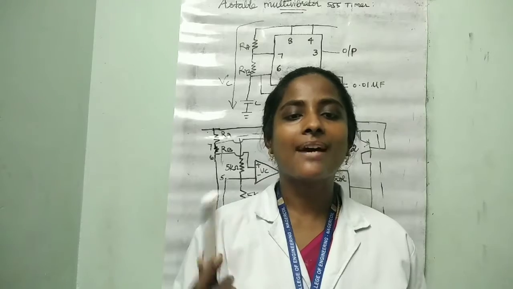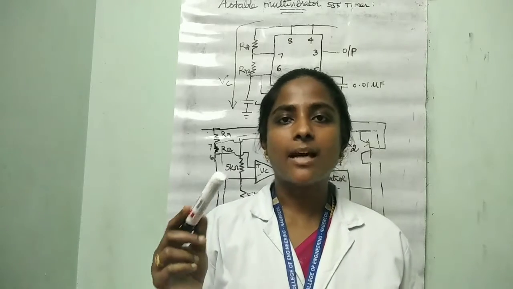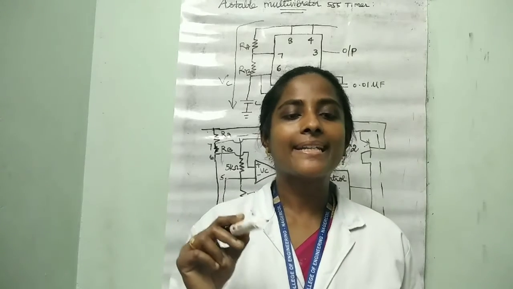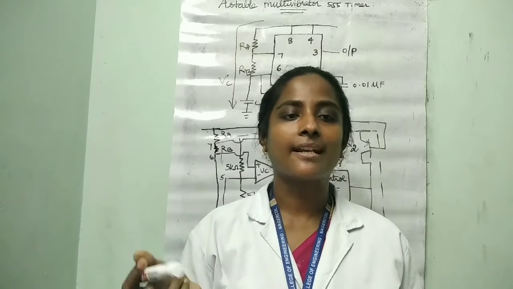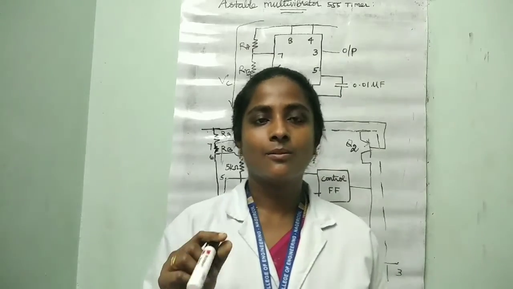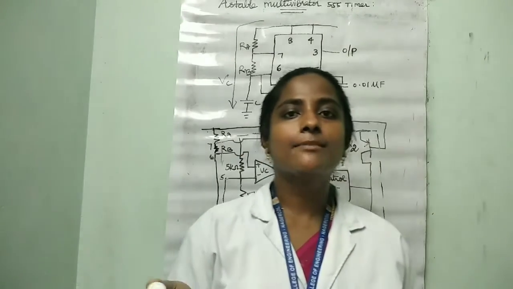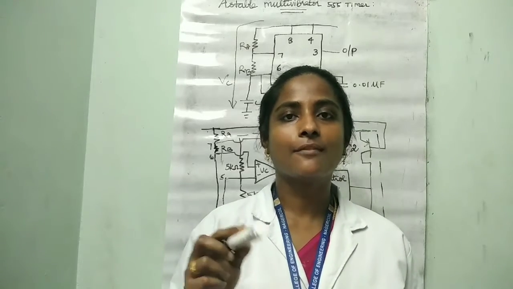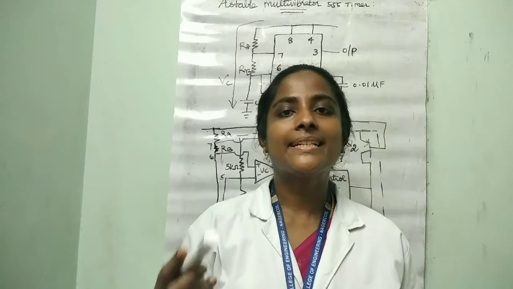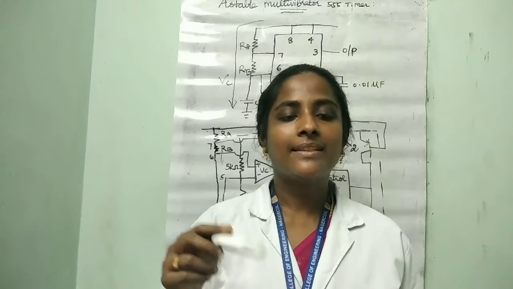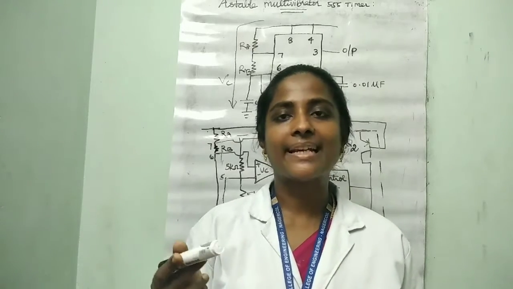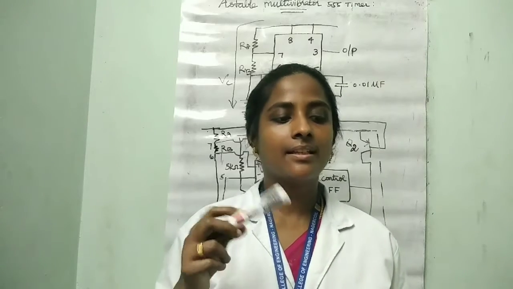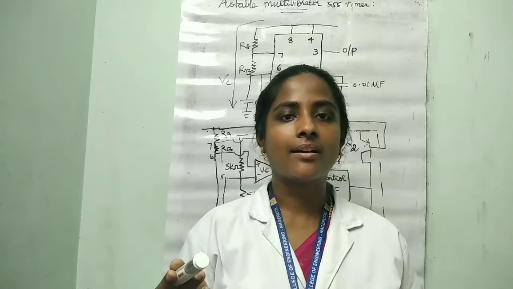Okay, the minimum value of RA should be approximately equal to VCC divided by 0.2, where 0.2 A is the maximum current through the transistor. During the discharge of the timing capacitor, when it reaches VCC by 3, the lower comparator is now triggered, and at this stage S equal to 1, R is equal to 0, which then turns the transistor off.